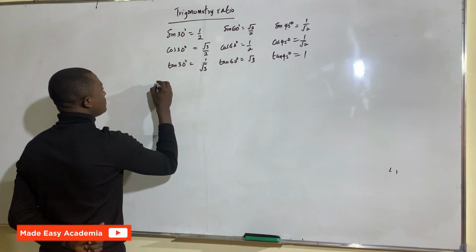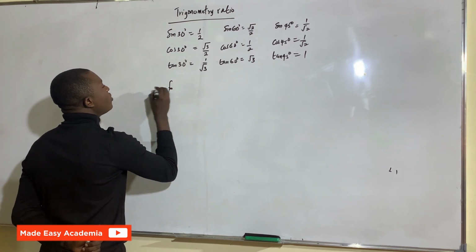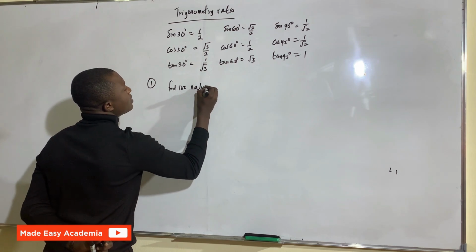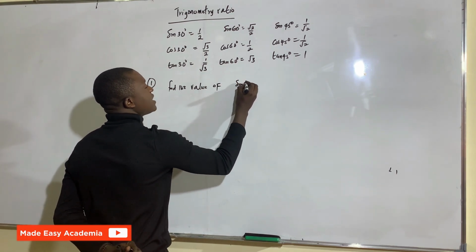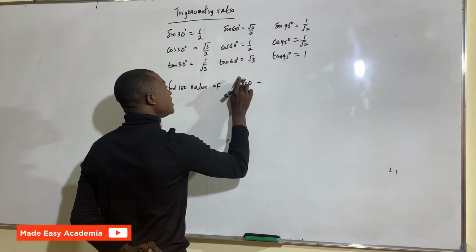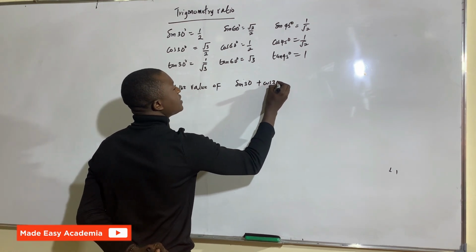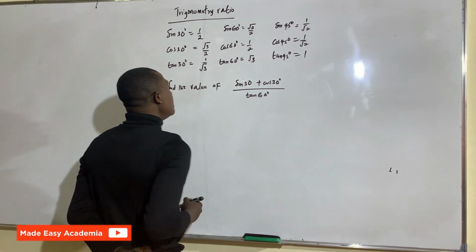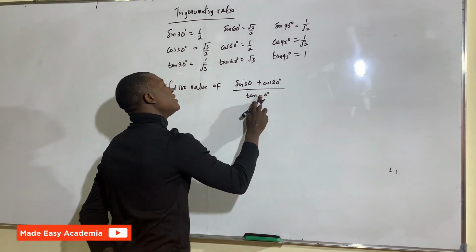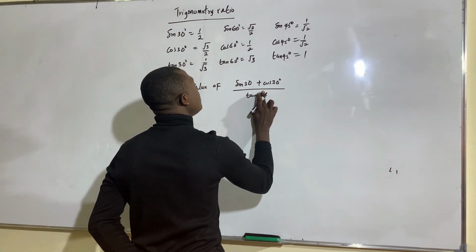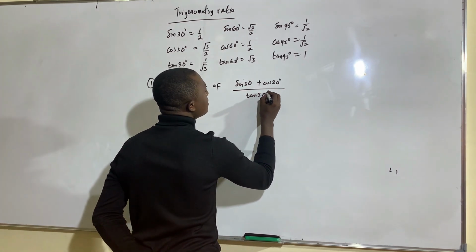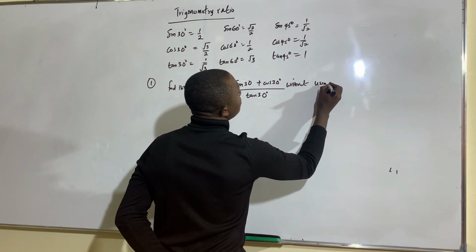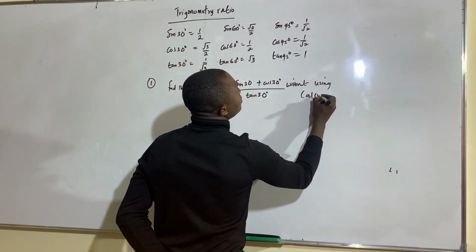They said find the value of sine 30 plus cos 30 divided by tan 30, for example. Let's take a look at this. I was asked to evaluate it without using a calculator. So meaning without using a calculator, we are going to apply